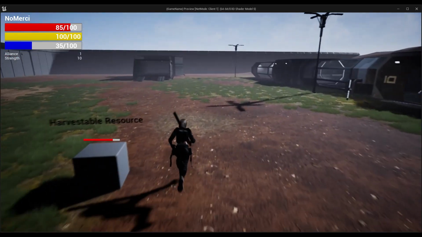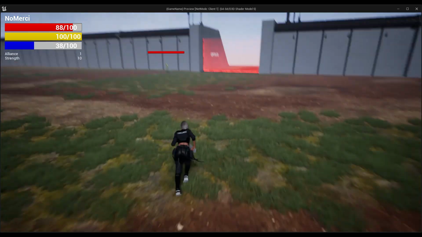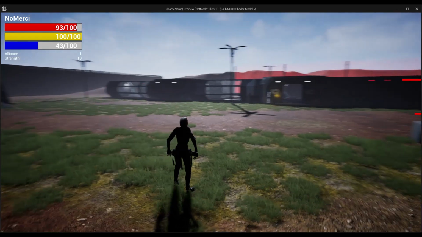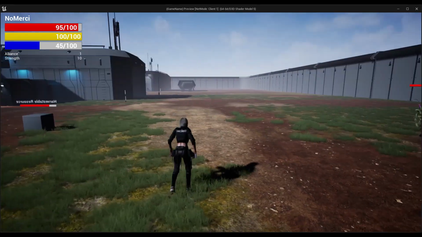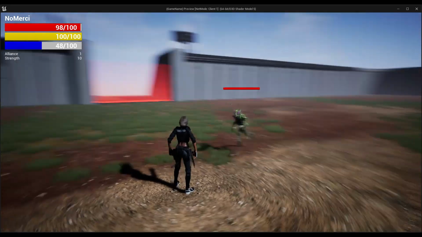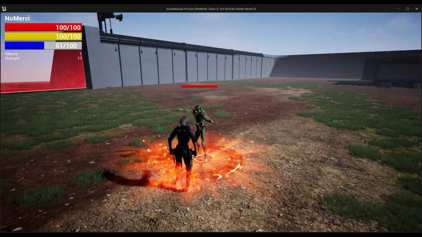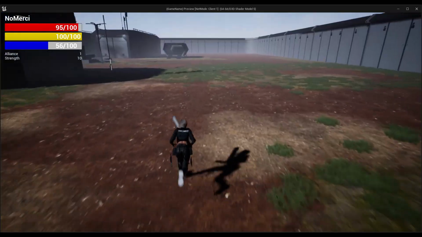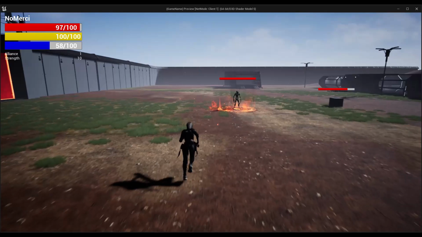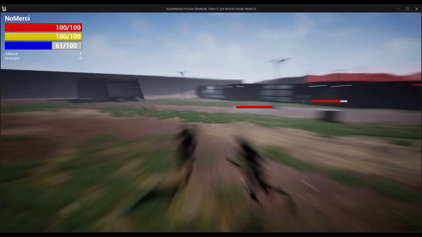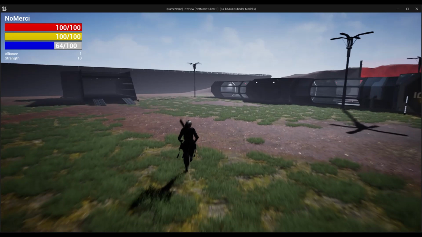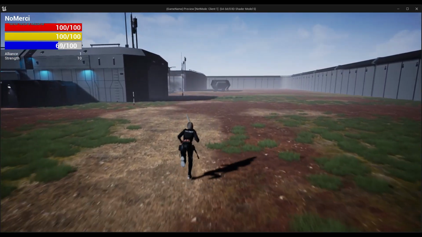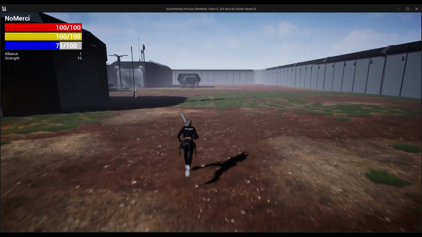So that's very easy. In this case I am currently migrating from OWS1 to OWS2, and this is my first zone. You see they're already hunting me, and I need this AutoRun so that I can escape the guys. And yes, I want to show you how to implement it with a fresh project in OWS1, but you can also do that in a third person